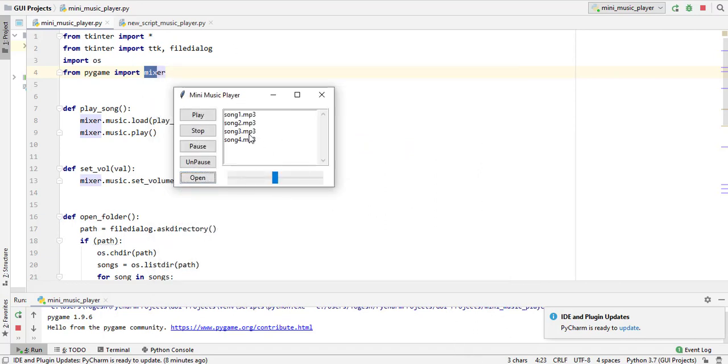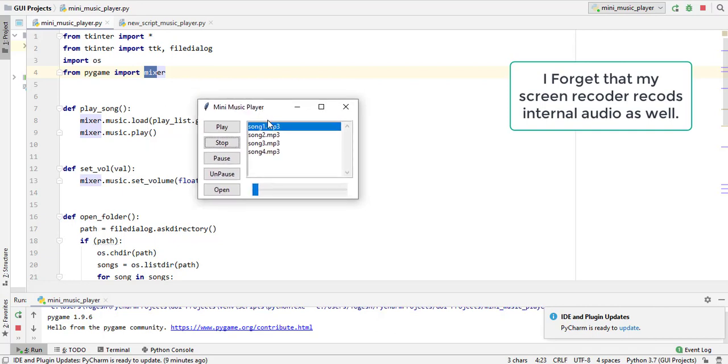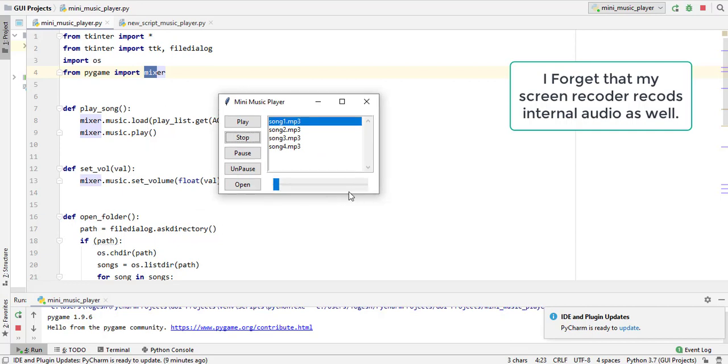As you can see, all the songs in that folder are listed in my list box, and when I select a song and click on play, it plays the song. But I hope you are not hearing that song because I am using my headphones. That is why it is audible to me but not to you.